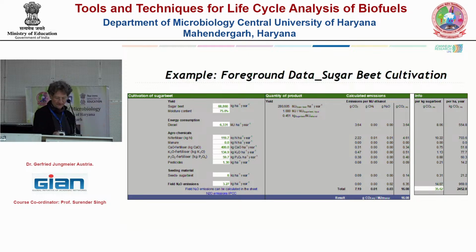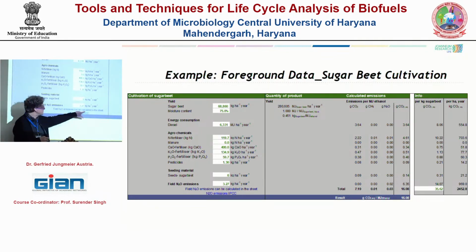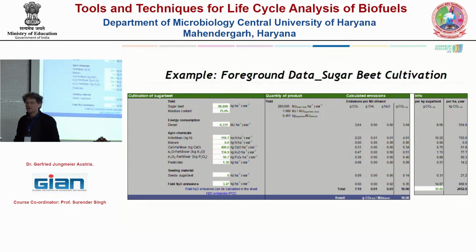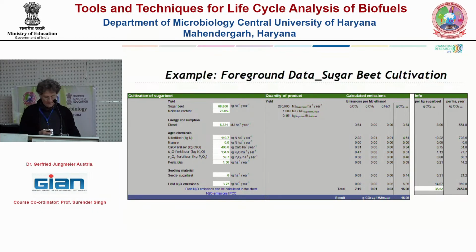The program itself, I think I have not printed it out, but the program itself has also an extra sheet where you can compare different N2O emissions. So also here it's a default value. If you don't have a better one, you just insert it here. They used also the N2O emissions, for example, from the IPCC, so they also are on the safe side. Or there is a separate sheet saying you can calculate your own N2O, where they have a modeling of this relatively complex N2O